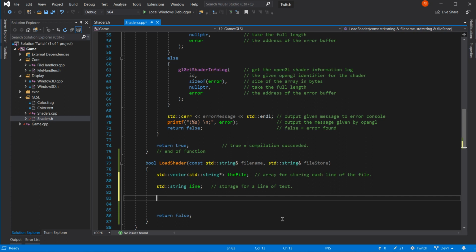We're also going to need a bool. So we're going to have a bool, has loaded, to keep track if loading was successful.